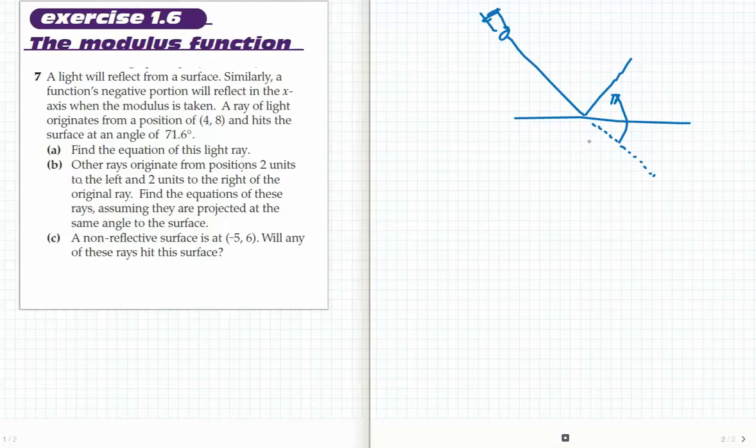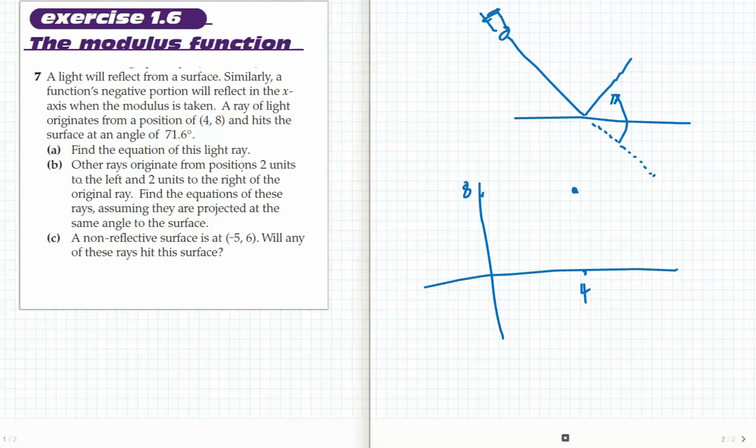And it then talks about, similarly, a function's negative portion, this is the negative portion, will be reflected in the x-axis when the modulus is taken. Okay, so I've got a ray of light. It originates from (4, 8). That's where the torch is, or the spotlight, or the star, whatever it is that's the source of light. It originates from (4, 8)